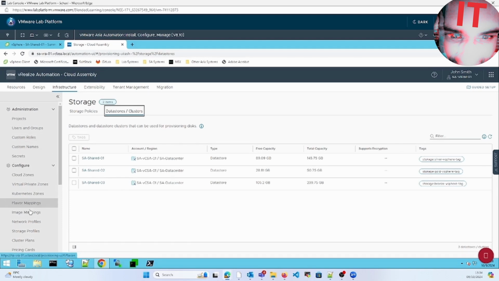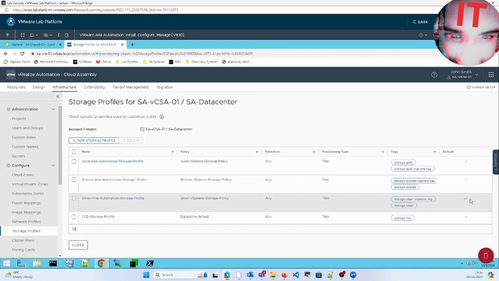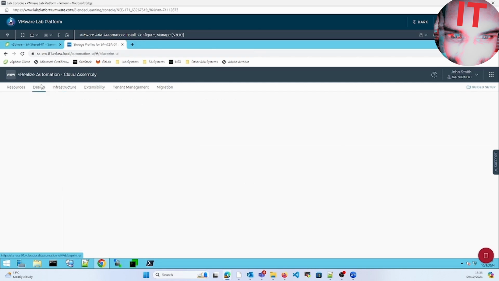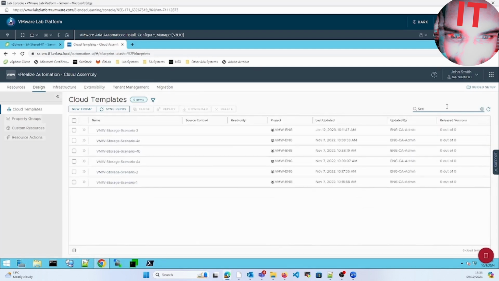So in profiles we can see that we have created the storage profile in VRA, and each of those profiles has been mapped to the respective vSphere profile. Now we have a couple of scenarios to cover. These are the 6 scenarios: scenario 1, 2, 3, 4A, 4B, 4C. So starting with scenario 1,